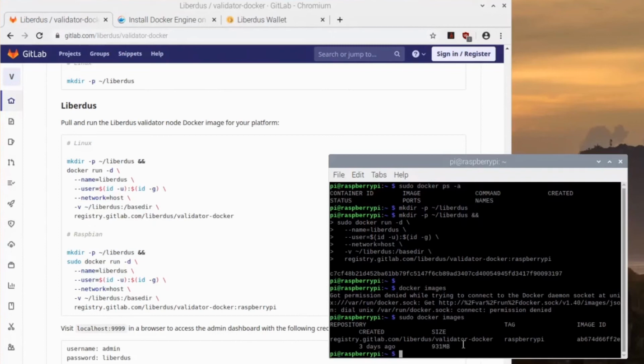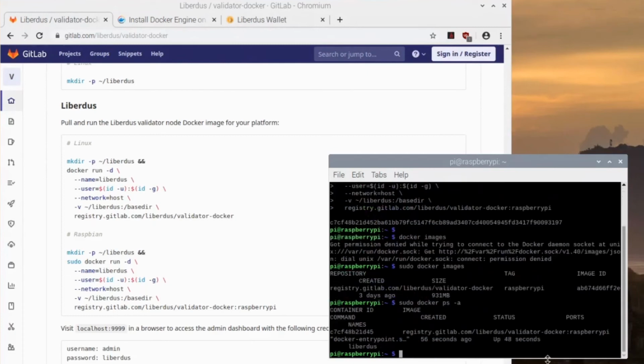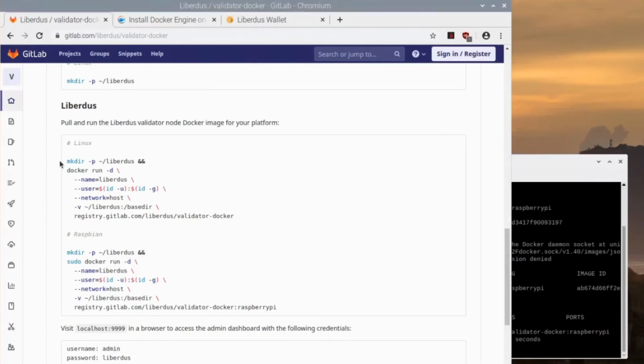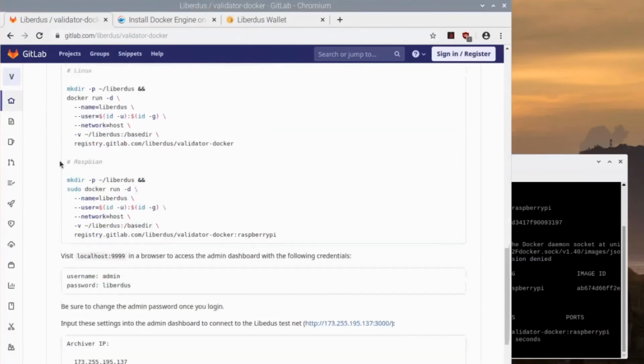So once you run this command, it'll automatically pull that if you don't have it, and then it'll go ahead and start up that image. So let's just make sure that's running. Docker ps -a, and I gotta put sudo in front of there. And there it is. It's been up for about 48 seconds now. Cool. So now that we have the Liberdus instance running on this Raspberry Pi,